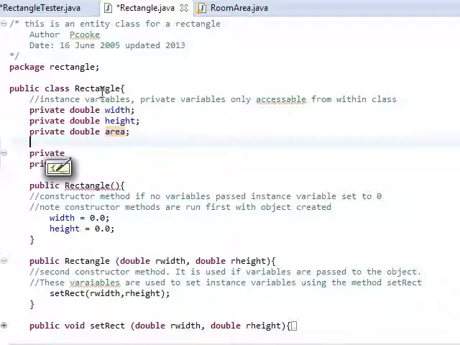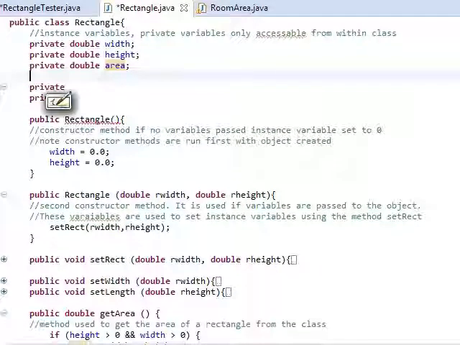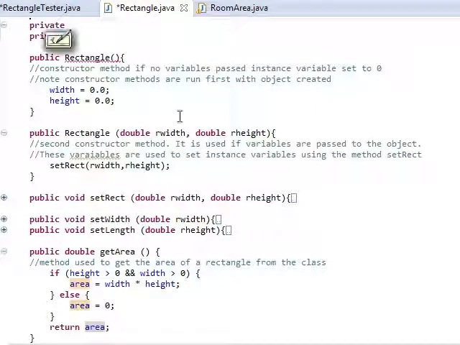What we then have is a whole lot of methods, including rectangle, setRectangle, setWidth, setHeight. And you can see here some of these I've actually just hidden what's inside them so it makes it easier to see. Now the first one we have is the